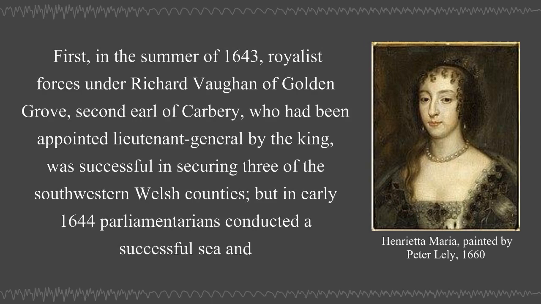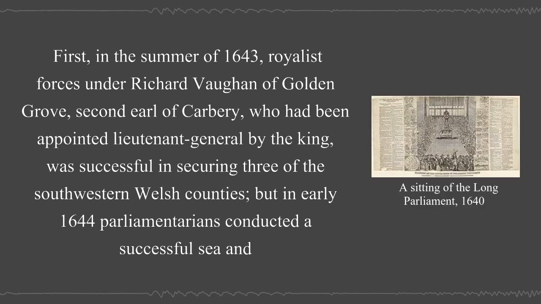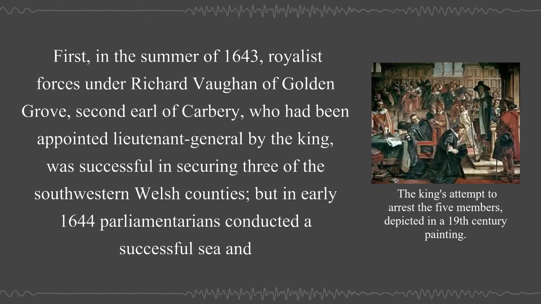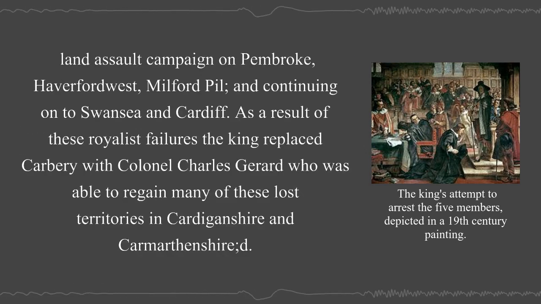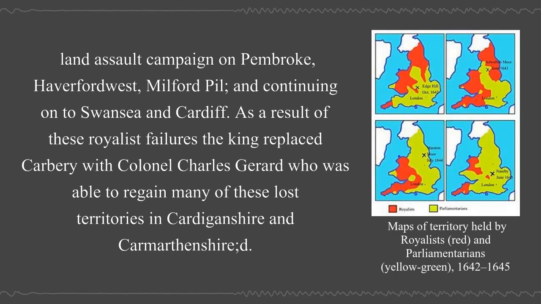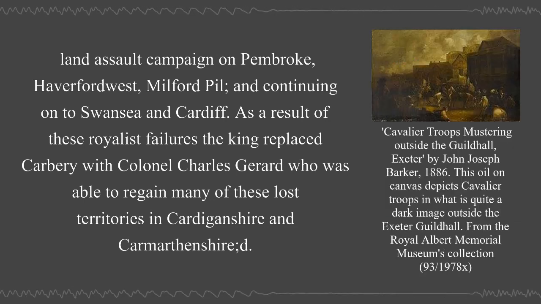First, in the summer of 1643, Royalist forces under Richard Vaughan of Golden Grove, 2nd Earl of Carbery, who had been appointed lieutenant general by the king, was successful in securing 3 of the southwestern Welsh counties. But in early 1644, Parliamentarians conducted a successful sea and land assault campaign on Pembroke, Haverfordwest, Milford, Pyle, and continuing on to Swansea and Cardiff. As a result of these Royalist failures, the king replaced Carbery with Colonel Charles Gerard, who was able to regain many of these lost territories in Carmarthenshire